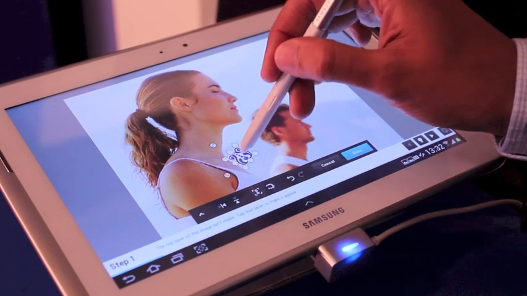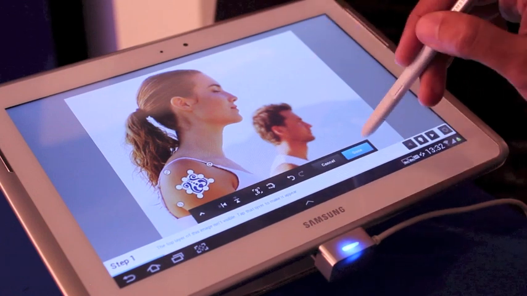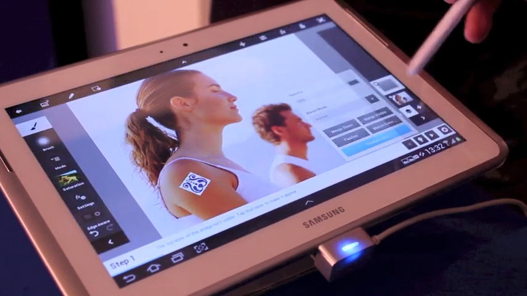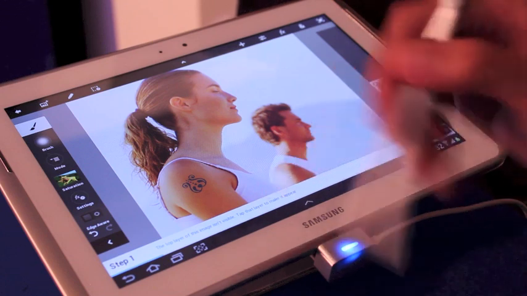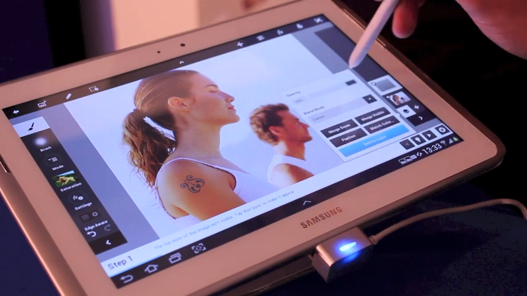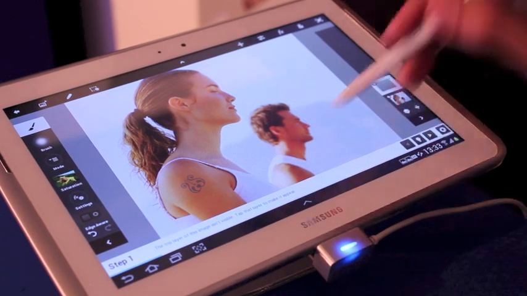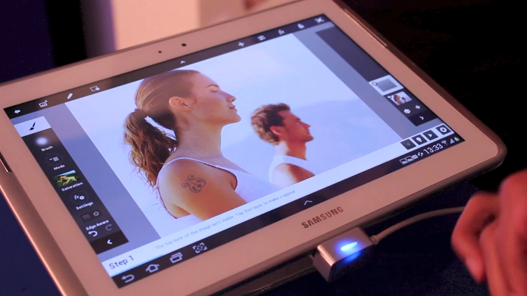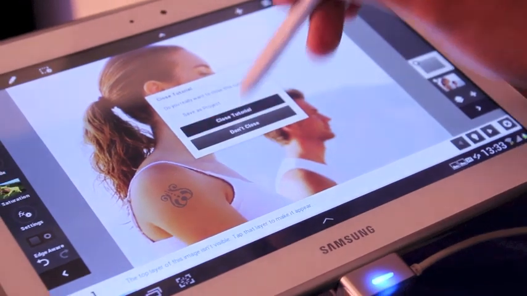I tilt the image. I place the image on the shoulder of this lady. I say done. And then I want to blend it with the skin color. I say darken, and here the tattoo is on the screen. I want to change the opacity levels. I go here. I can change, or I can lighten or darken it. I have put it to about 70% opacity. Wow, that's very cool. So this is another feature in this device. You can add a lot of effects.